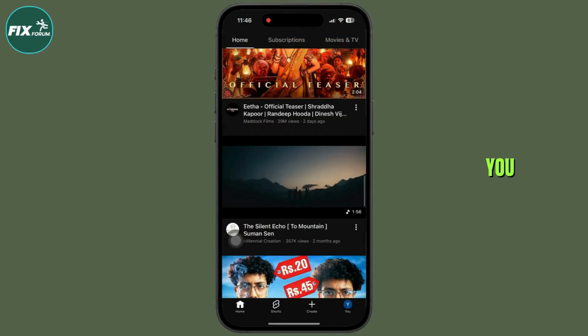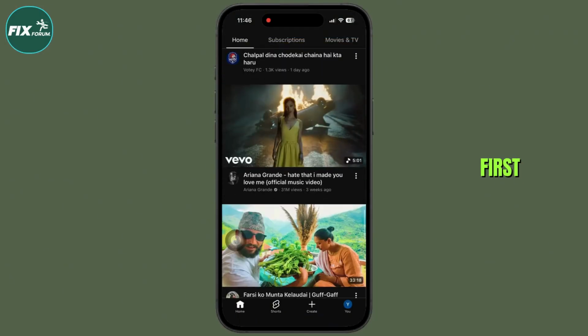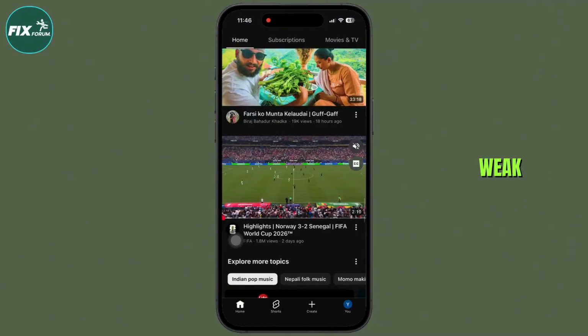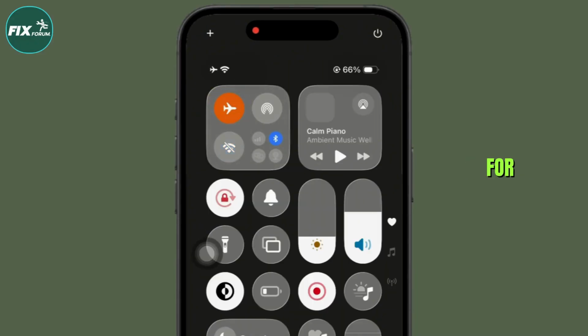In this guide, I'm going to show you guys how to fix YouTube error code 400. Let's get started. First up, check your internet connection. A weak or unstable connection can sometimes trigger error code 400. Try switching between Wi-Fi and mobile data, restart your router or turn airplane mode on for a few seconds and